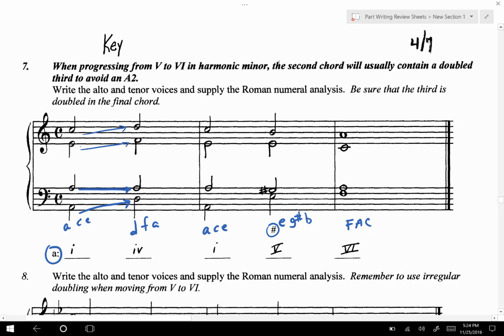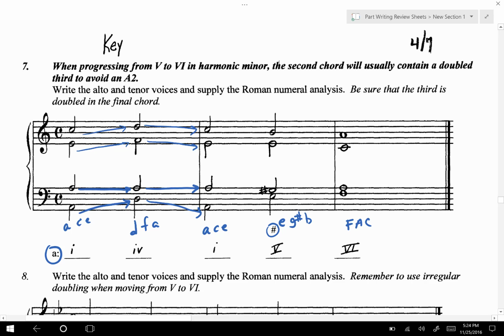I can't bring this alto down to sing a D because then I would have 3 roots. So it has to go up. Now I'm going from the 4 chord back to the 1 chord. Let's keep the common tone in the same voice. There's 1 common tone. And I can move back down